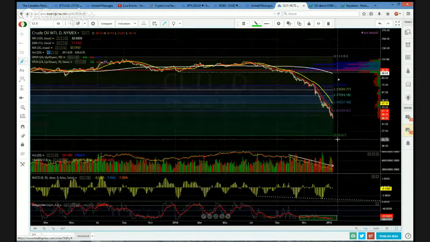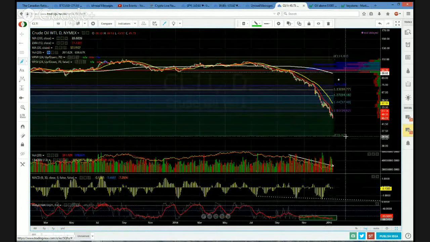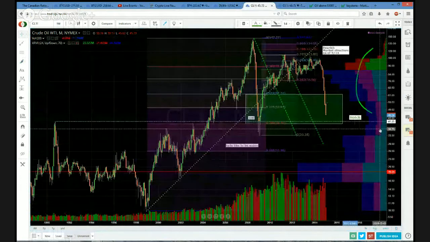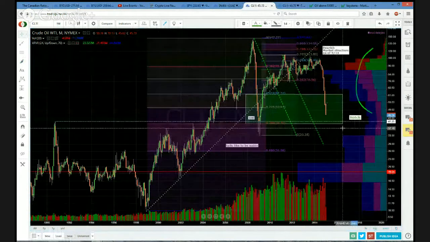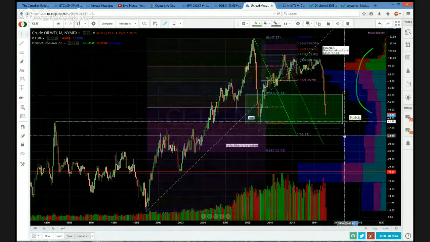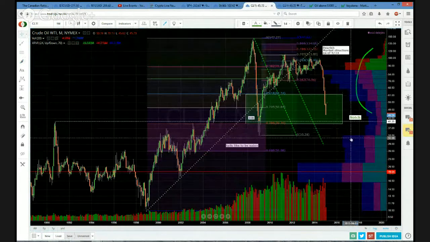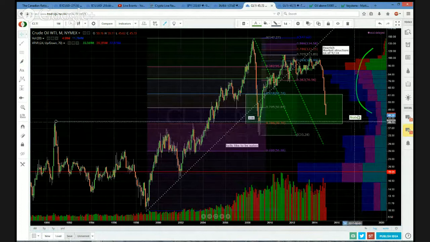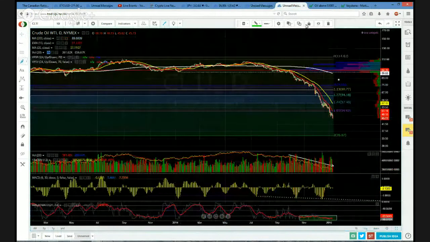But look where 200% is. It's way down here at 35 bucks, right? Remember, we look at our long-term charts, right? There's $37 right there. So 35 would just simply bring price back up into this ledge right here, right? And fill in this notch. That's basically what the market wants, I think.